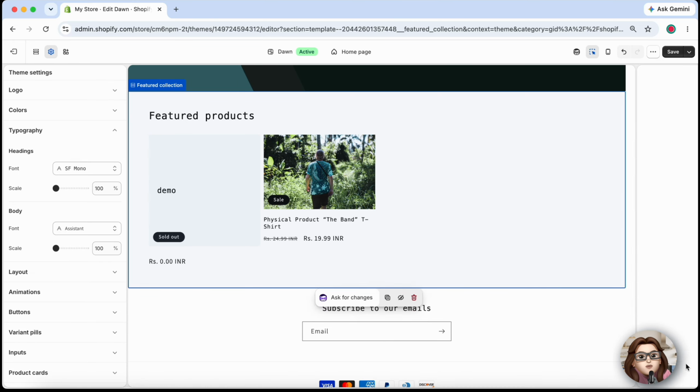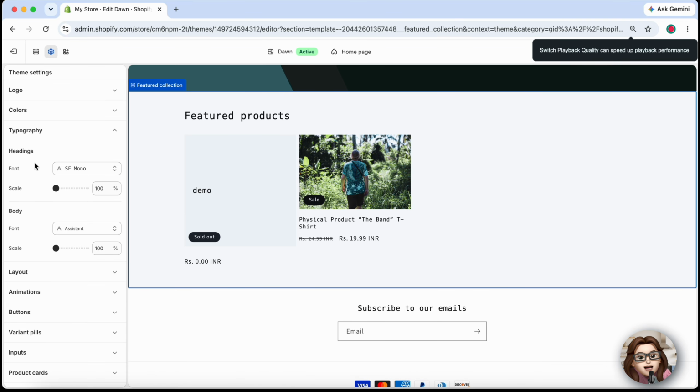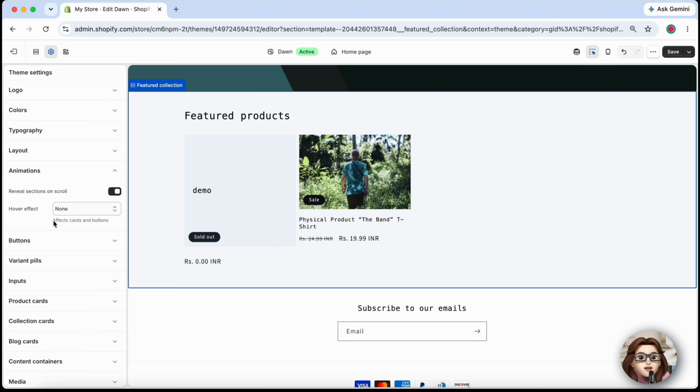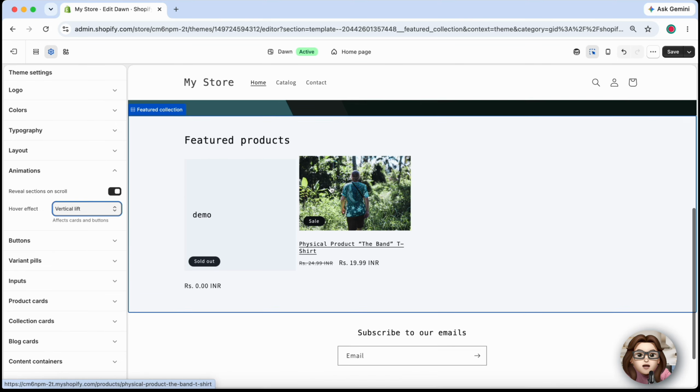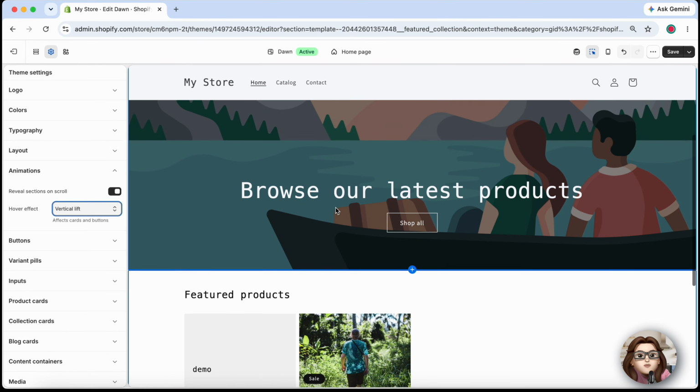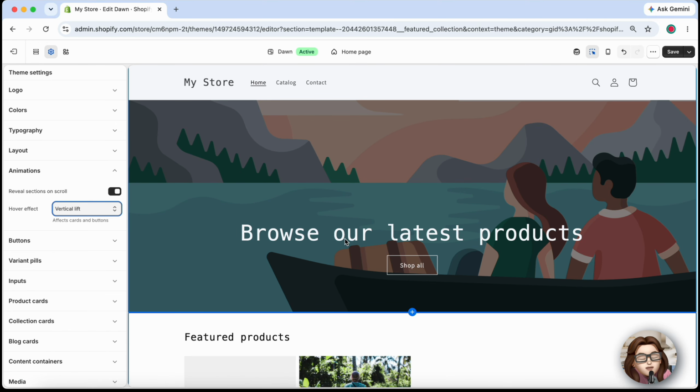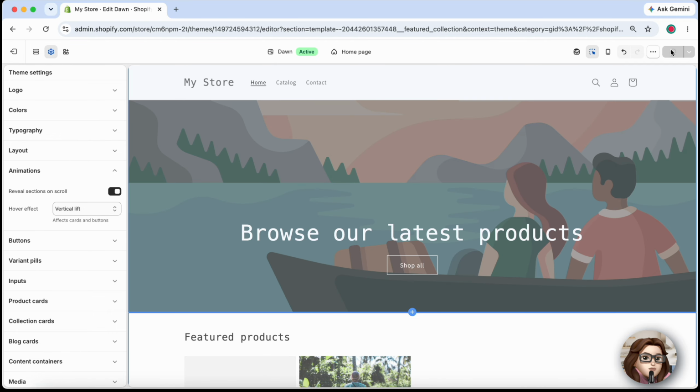To make your store feel more modern, experiment with animations, product grids, and image sections while keeping the design simple and clean. After designing your store, go back to the Shopify dashboard and click Products to add your items, descriptions,